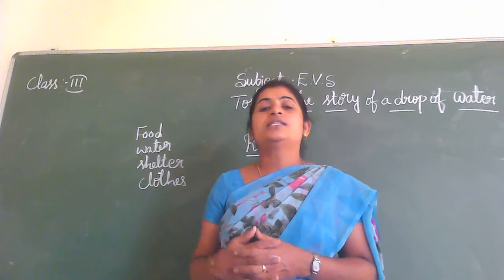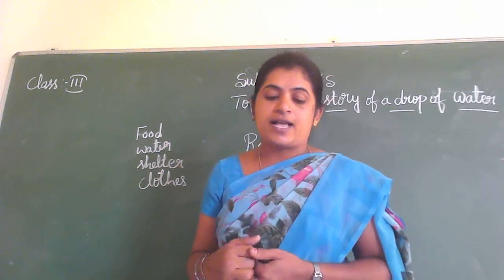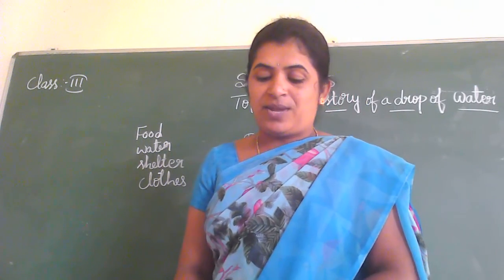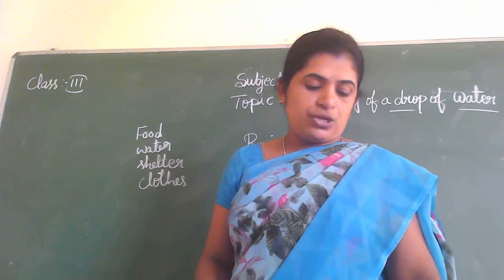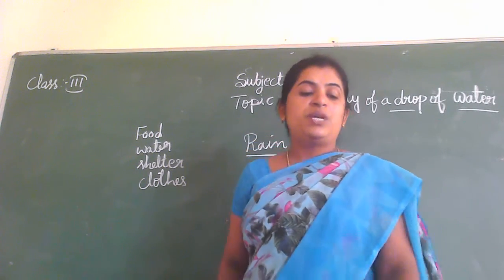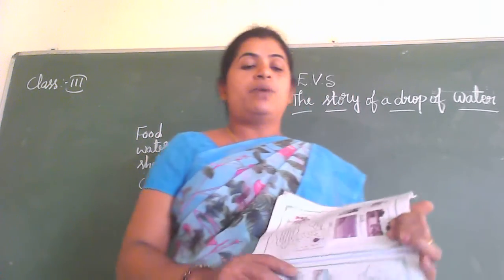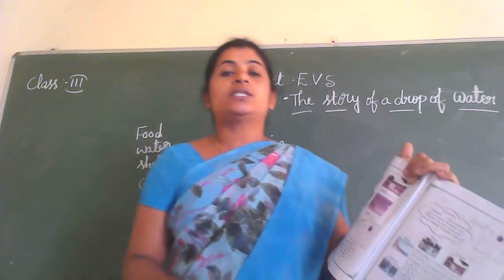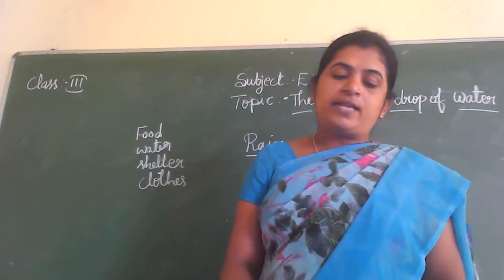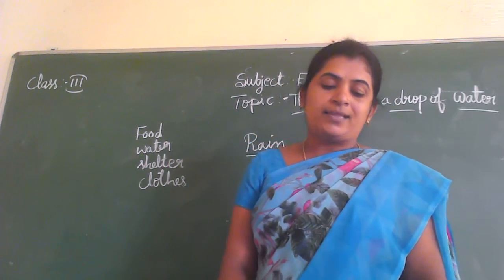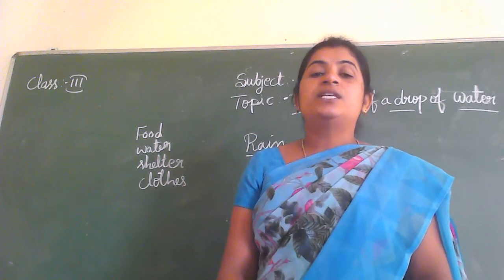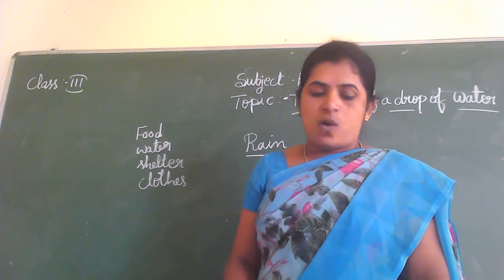Tell me, children, are we also ready? Children, look at the picture and write their names in the spaces provided. Page number 29. This is the sources of water. Some pictures are there, children. First one, what is the picture, children? Well. And then lake. Third picture, river. And last picture, sea. These are the sources of water.